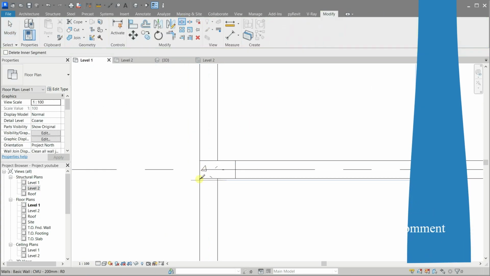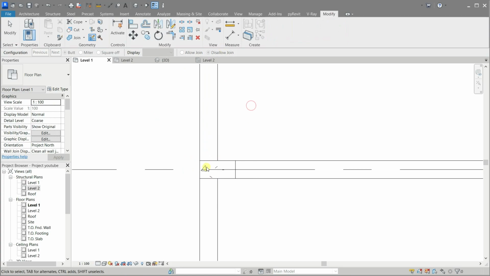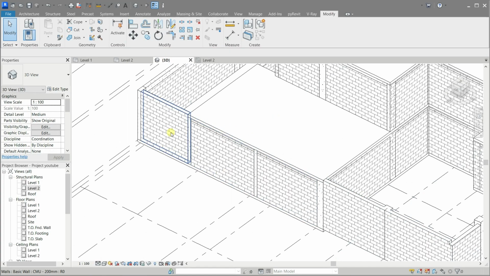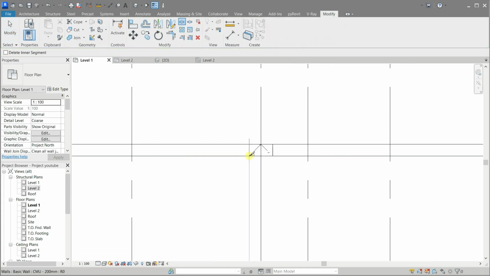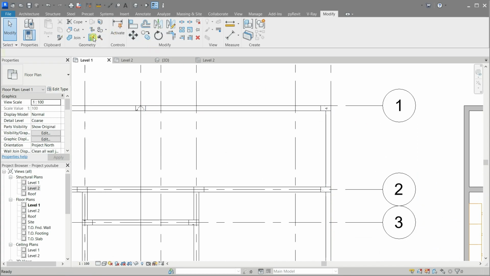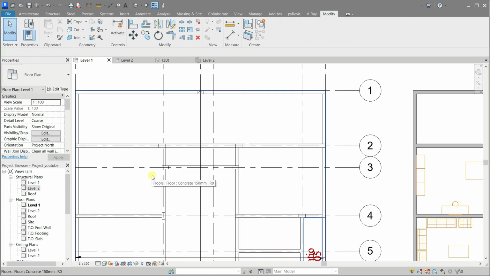There will be some places that need to be disjoined twice to be effective. You will probably ask yourself why bother. This step is important for the future, when we start making schedules and calculating quantities and need them to be accurate. We don't need elements that do not exist in physical reality.